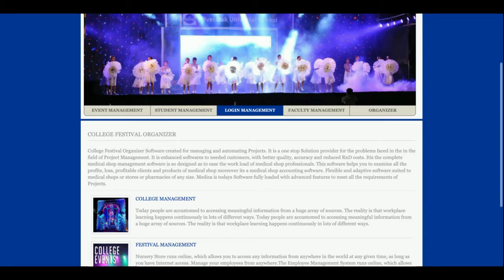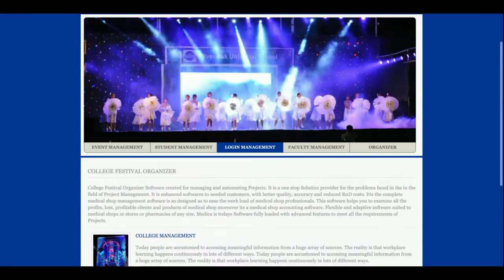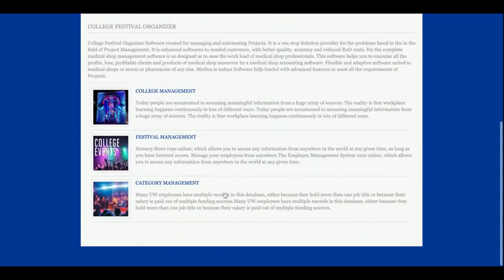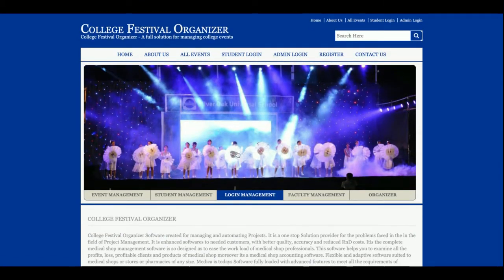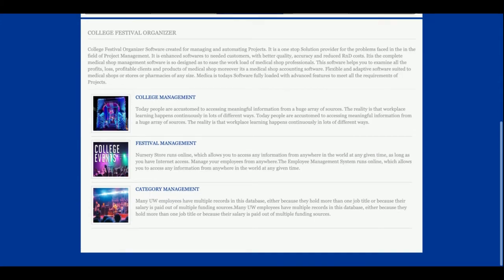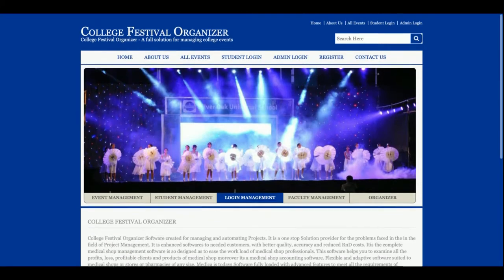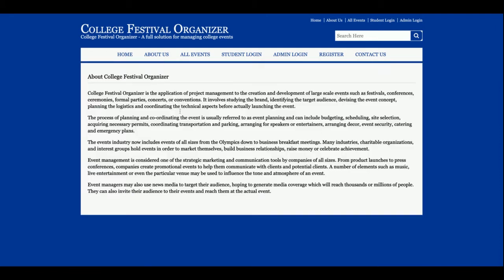So let's start. This is the home page of the project. You can see this is a simple home page. These are the sliders. You can change the images here also by replacing them in the index.jsp or header.jsp. This is about us. This is static page content. There is nothing dynamic on it. Right? If you want to change the content, you can change it from the about.jsp.